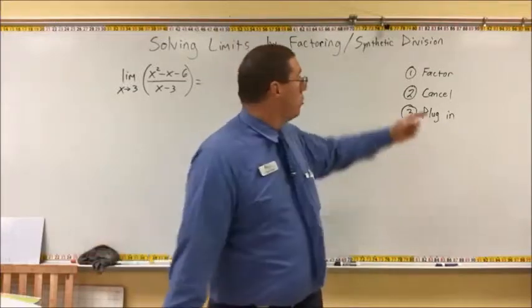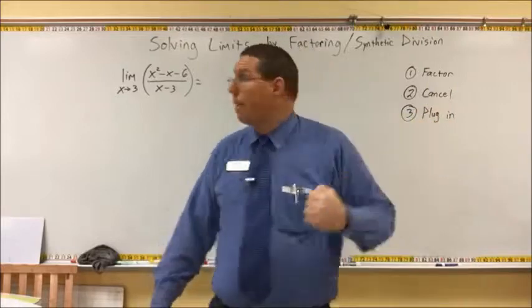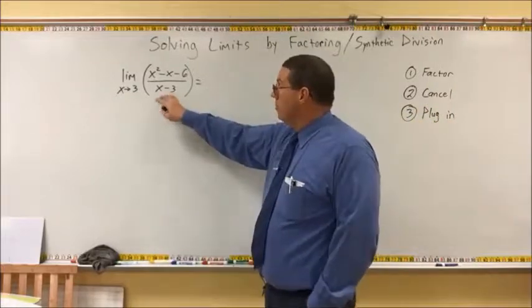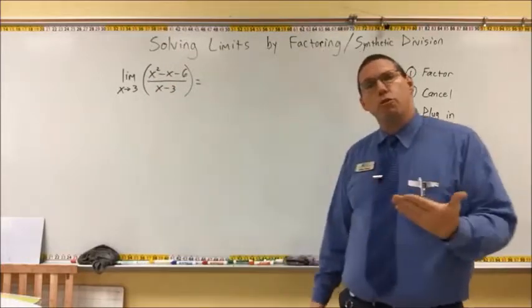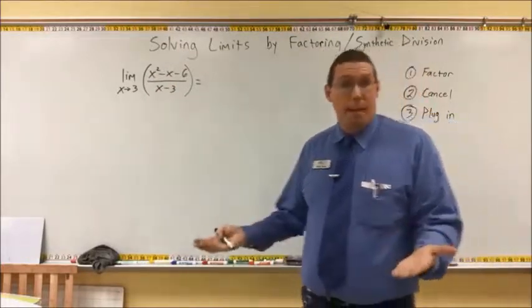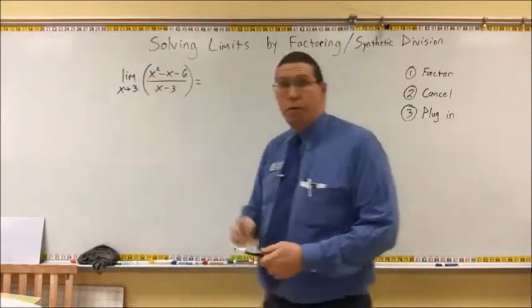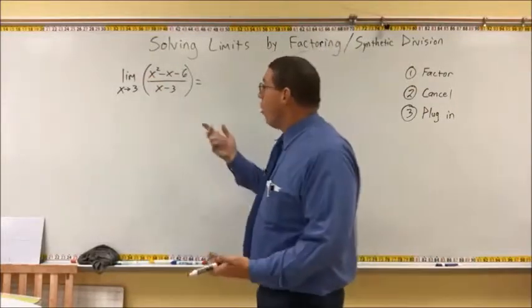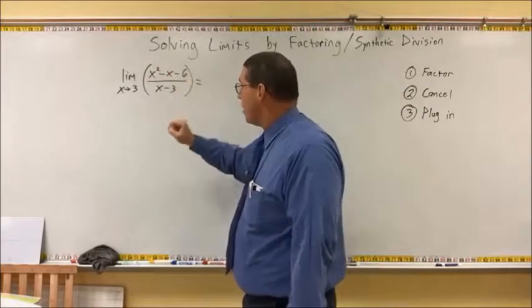So we're going to go to our 3 steps here: factor, then cancel, then plug in. Okay? Now, the denominator cannot be factored. The numerator can be factored. Now, here's the thing. Do you remember how to factor basic quadratic factoring when the lead coefficient is 1? So all we need to do is look for what two numbers multiply to -6 but add